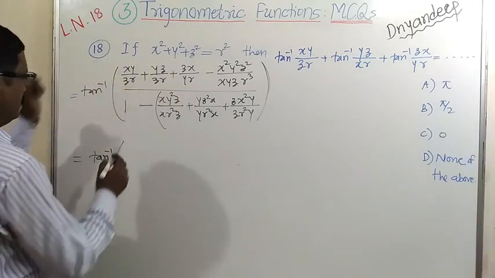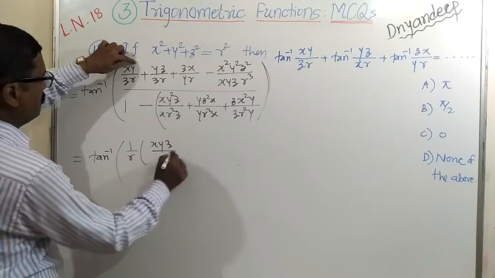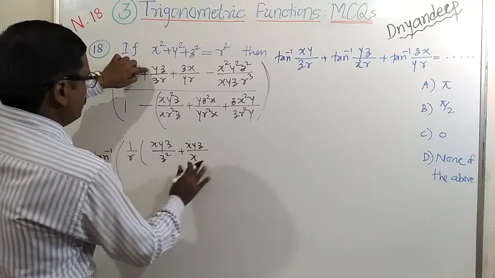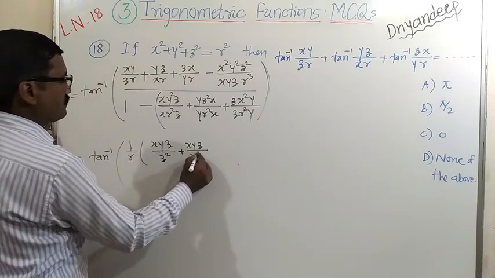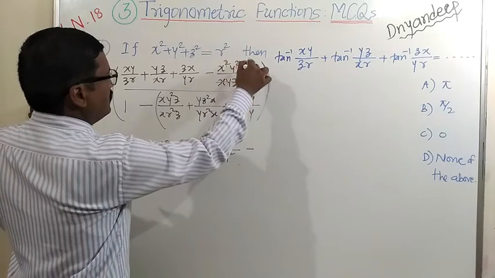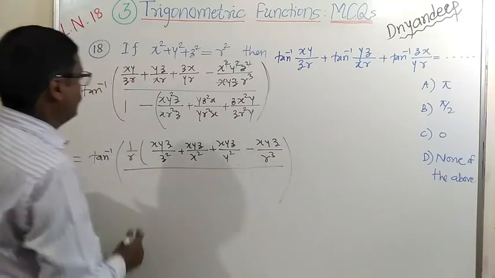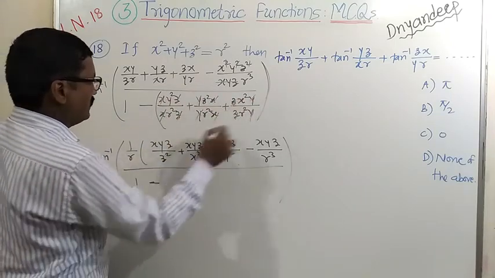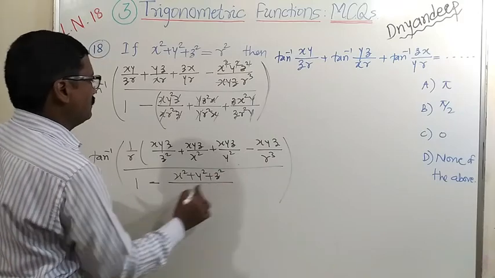Here take common z r, so 1 upon r in bracket xy, z is absent, so z upon z square, plus here x is absent, so xyz upon x r, so x square plus xyz upon y square, minus here 1 xy can cancel, remains xyz upon r cube, whole divided by, here is 1 minus x z get cancelled, y x z y get cancelled, y square upon r square, z square upon, so it is x square plus y square plus z square whole divided by r square.